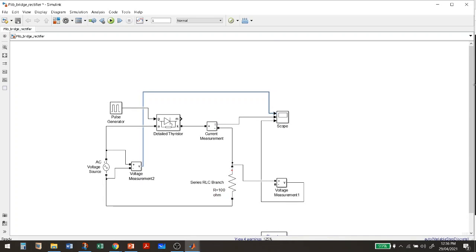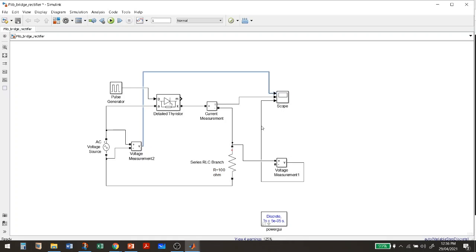And current measurement, everything is perfect right now. Okay, it seems. Yes, the voltage measurement is there. Okay, I will run this.